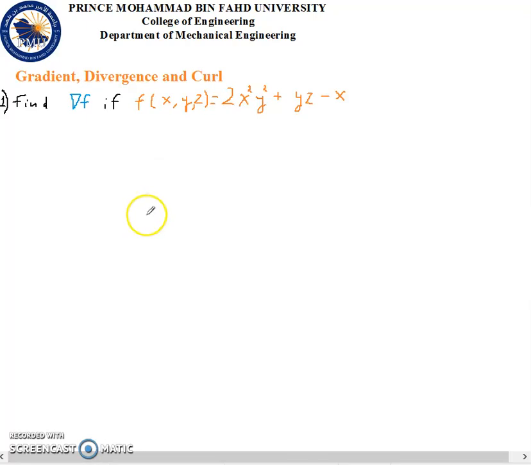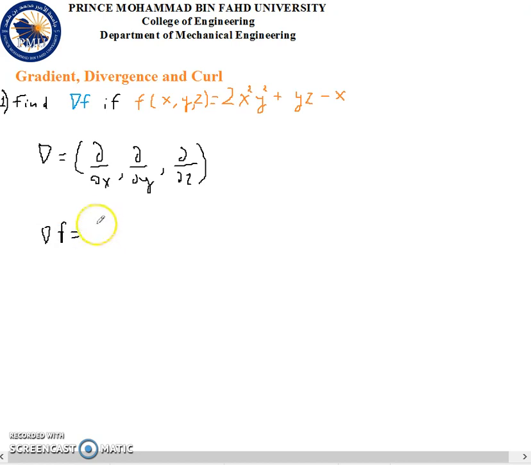Hello guys, in this video I'm going to show you how to find the gradient, the divergence and the curl of a function f. So this symbol, the inverted delta, is called nabla and it's a vector, which means the first component is the partial derivative on the x-axis, then the partial derivative on the y-axis is the second component, and the last component is the partial derivative on the z-axis. So if we want to find the grad of this function,